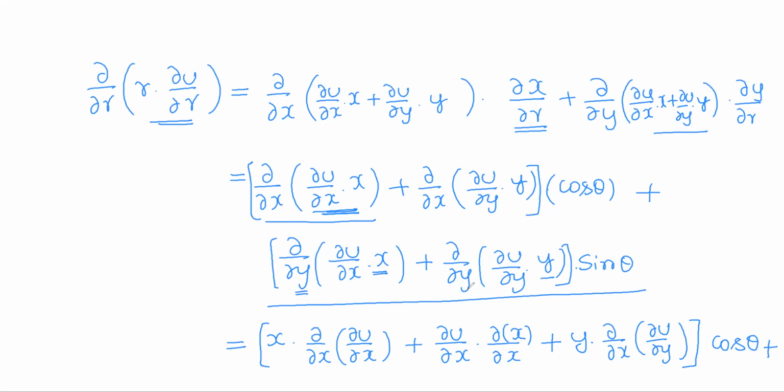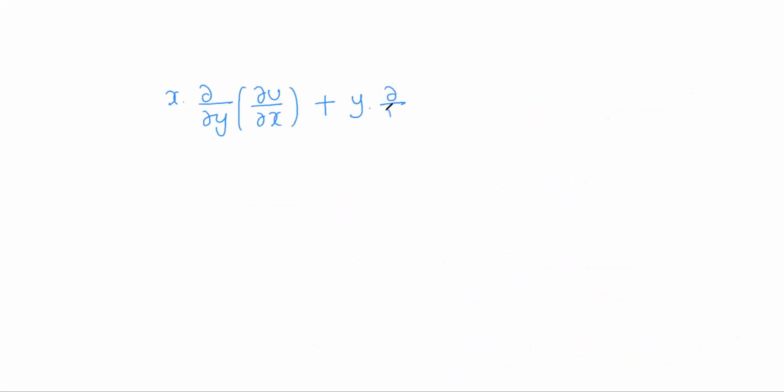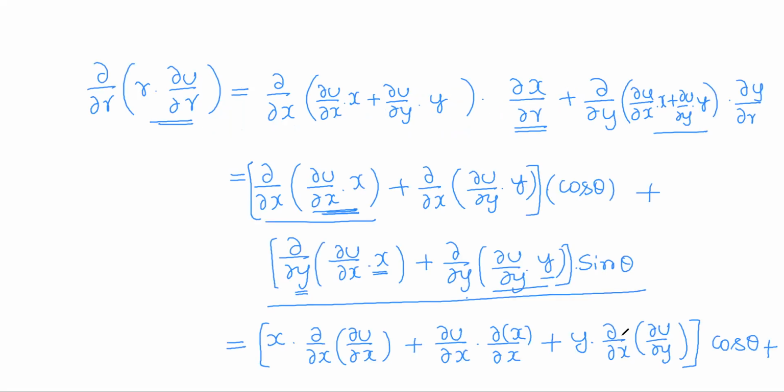We are differentiating with respect to y partially, and inside there are two functions in terms of y. So apply the product rule. Keep one function as it is, differentiate the other, and repeat the same for the other. So keeping ∂u/∂y as it is, differentiate y with respect to y partially. So what we remain with, into whole sin theta.